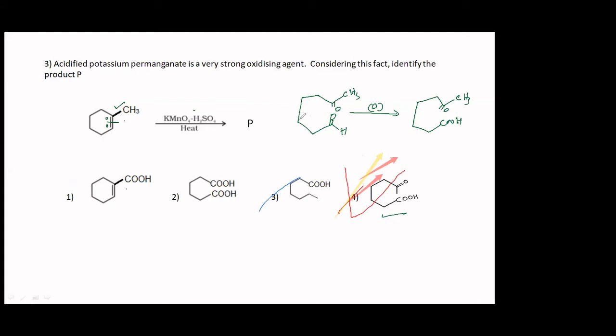So basically, remember one thing: whenever you use KMnO4, you have to just break the double bond and put oxygen across, just like your oxidative ozonolysis. But if you are getting an aldehyde like this, it gets further oxidized to COOH. Then absolutely no confusion. You will always get the correct answer. Okay? Any doubt? No, ma'am. Yes. Okay, fine.